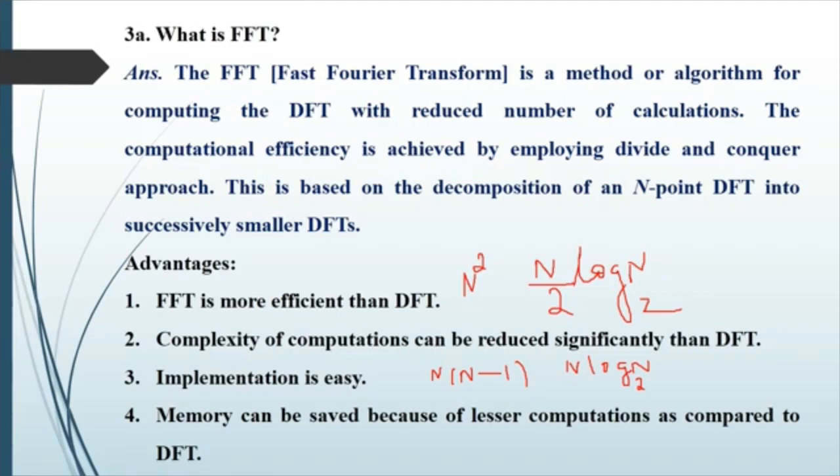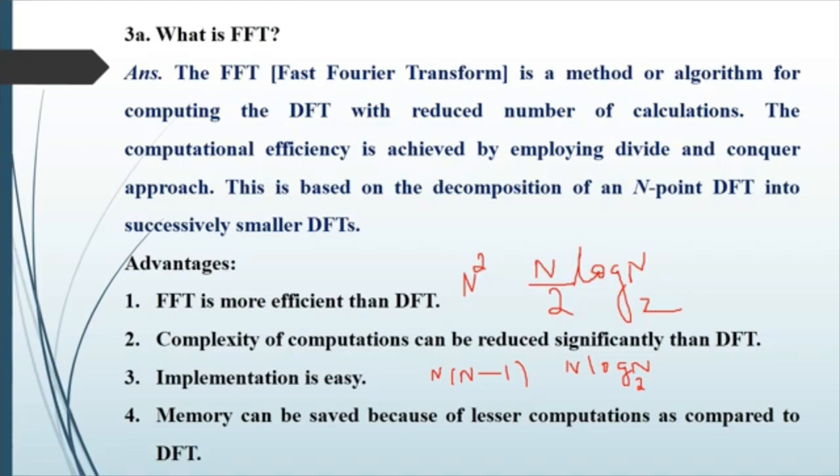Coming to the advantages of FFT over DFT, as we know already, we solved many problems. FFT is more efficient than DFT. And coming to the second advantage, we know that the complexity of computations can be reduced significantly compared to DFT. How can the complexity be reduced? We know that in direct computation, the number of multiplications is given by N square, whereas in FFT, the number of multiplications is given by N by 2 log N